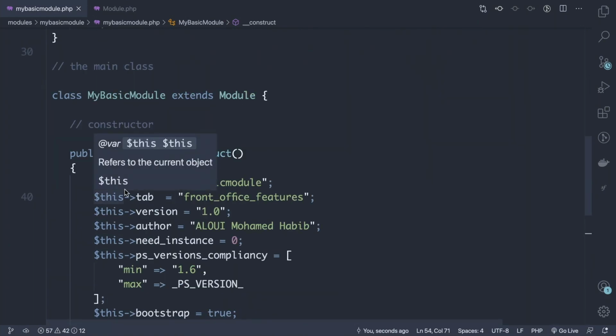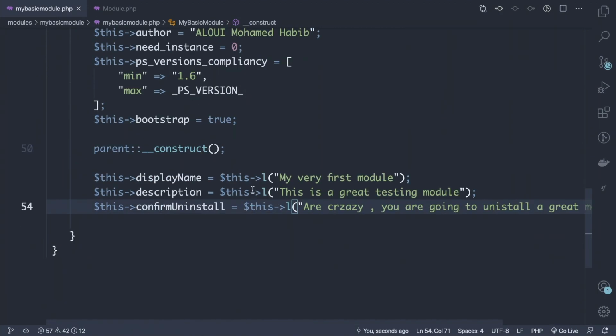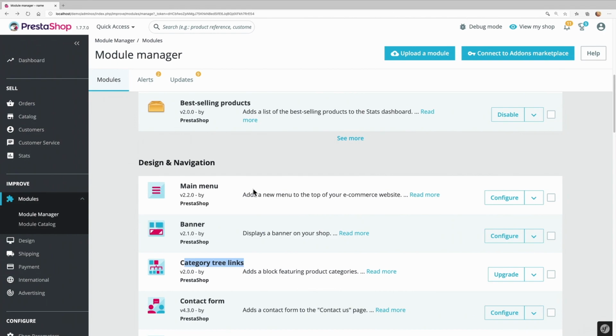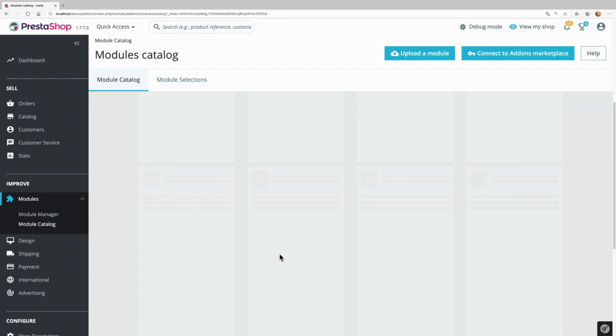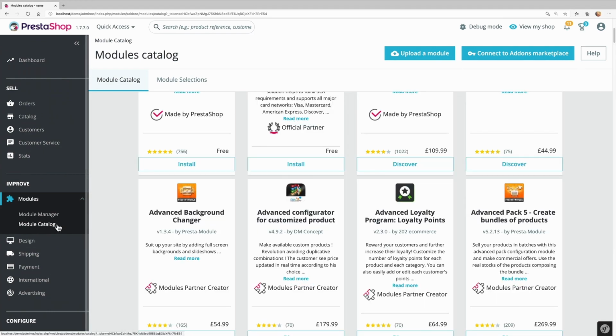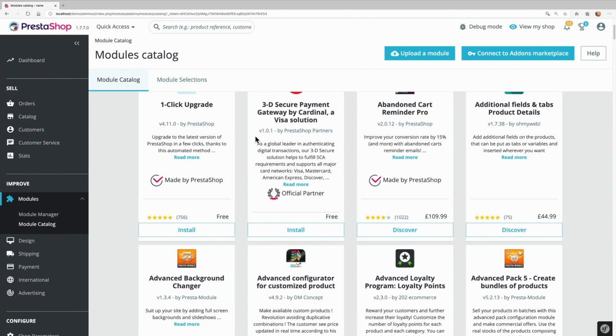Now with all this in place, we can say that we have a valid module. So let's go back to the admin panel, module catalog, and try to see if our module is available. Just give it a second to load, because this page displays local non-installed modules and modules from the store. As you may see here, we have some paid